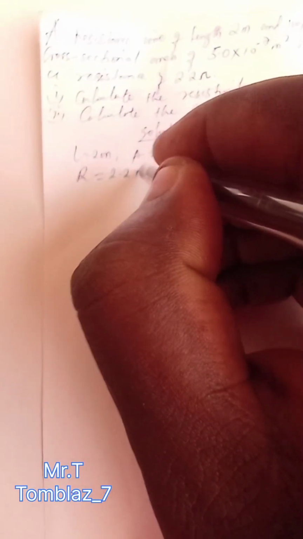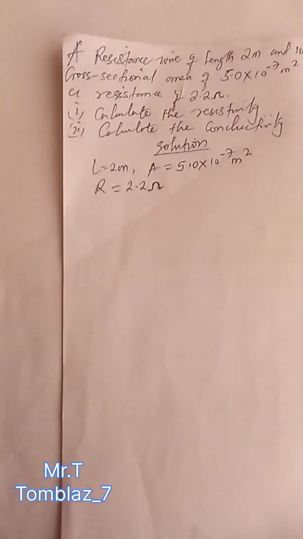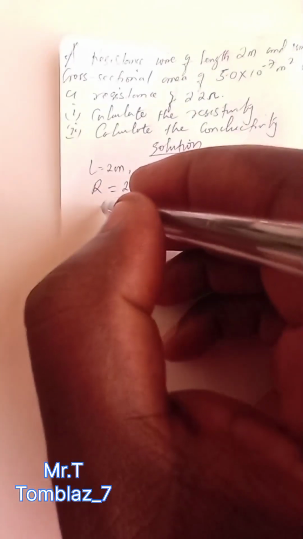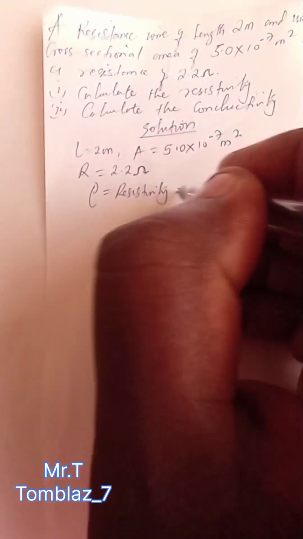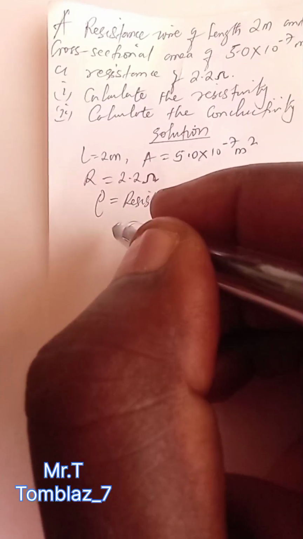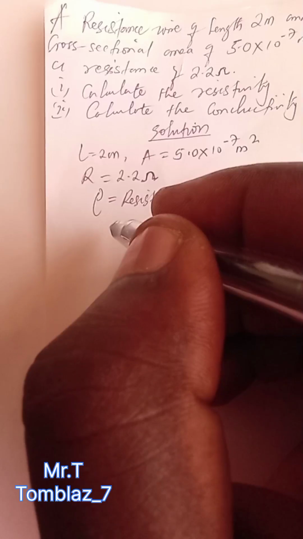Then the resistance of the wire, R, is 2.2 ohms. Then we have to calculate the resistivity. Resistivity, rho, equals question mark, and then the conductivity of the wire